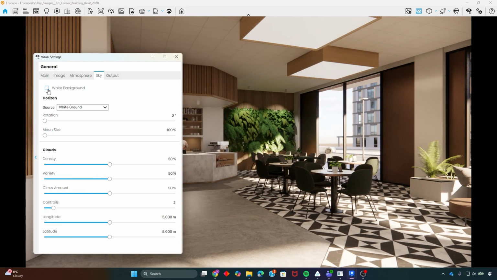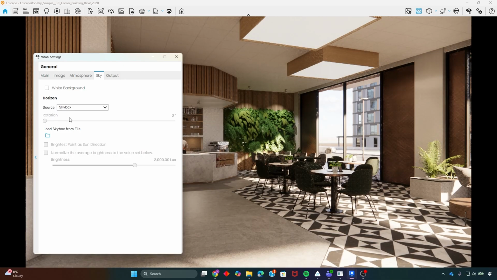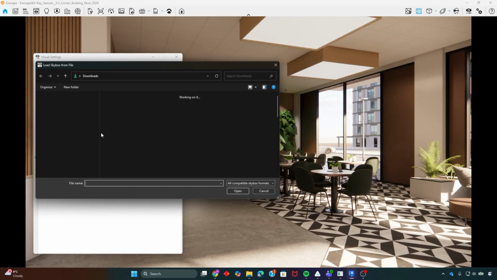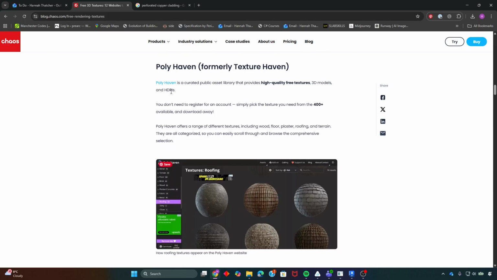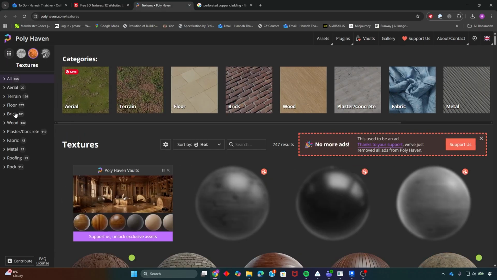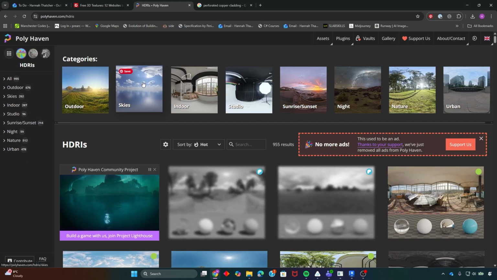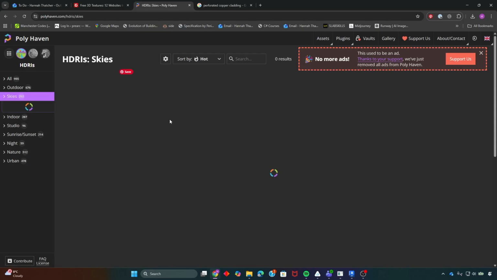Coming to the sky here. So if you want just no sky and a white background, you can take this. Obviously we're in an internal shot, but if you come into here, there are some preset skies, but if you want to add your own sky, you want to go into Skybox, and then load the Skybox from the file, and you need an HDRI. So again, you can get HDRIs in Polyhaven. If you come up here, HDRIs, you can get your skies in here,